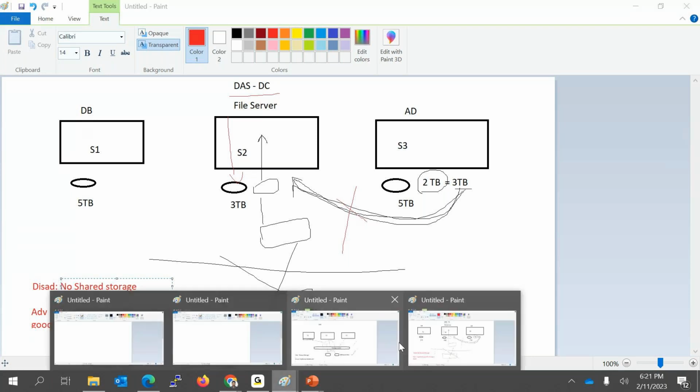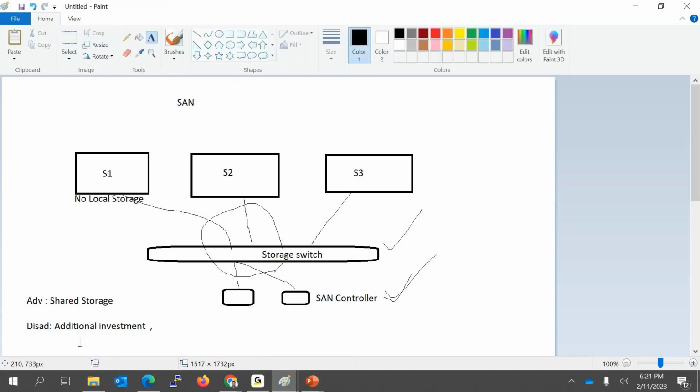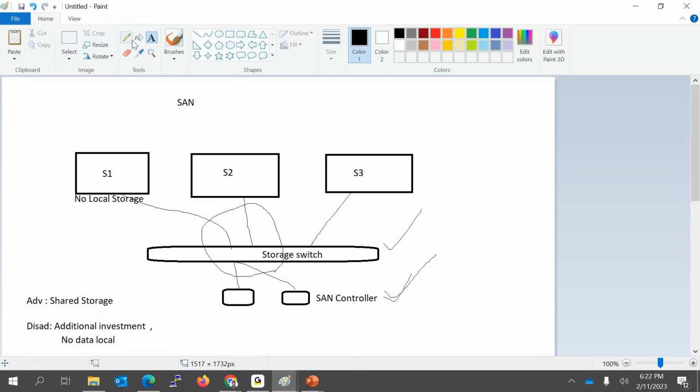In SAN, another disadvantage is no data local. The data is not local. The storage is moved from the local compute, the local server, to the SAN controller.